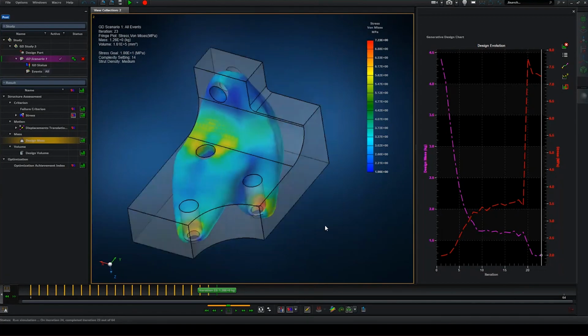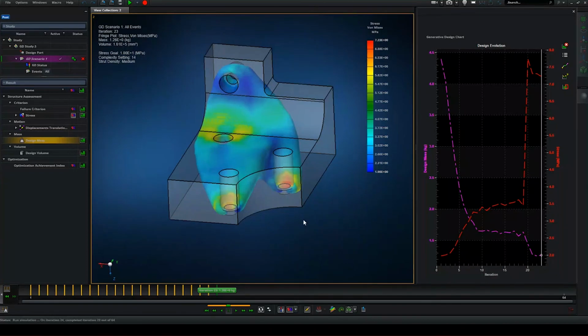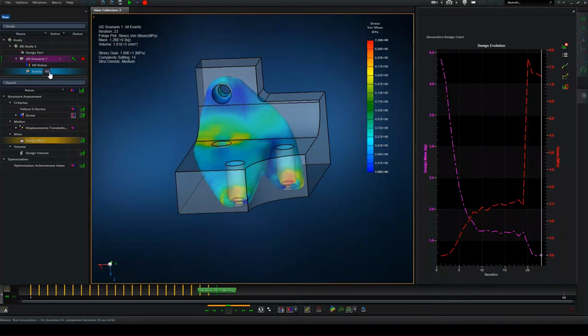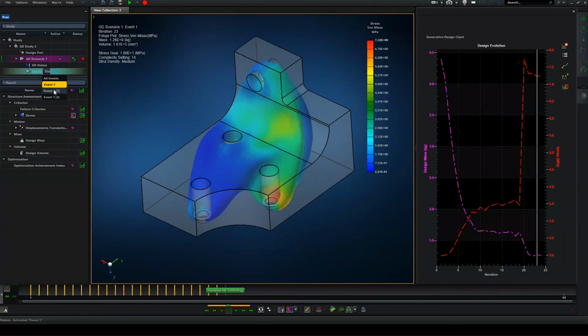For instance, if you saw that the stresses don't make sense for one of the load cases, you can actually go in and switch to a specific event. So now we only see the stresses for event 1, or let's have a look at event 2,